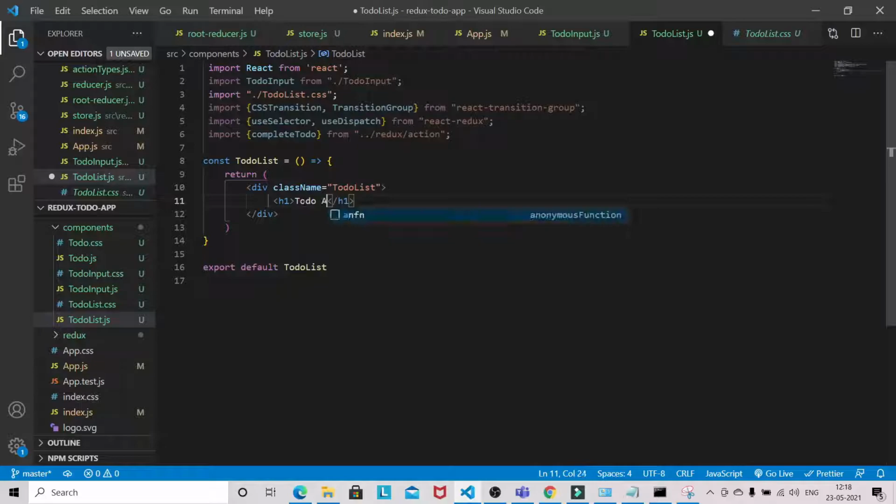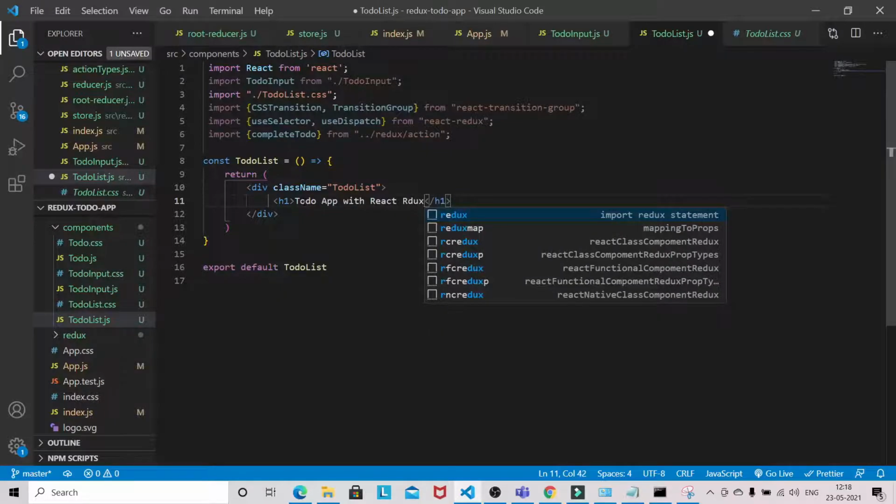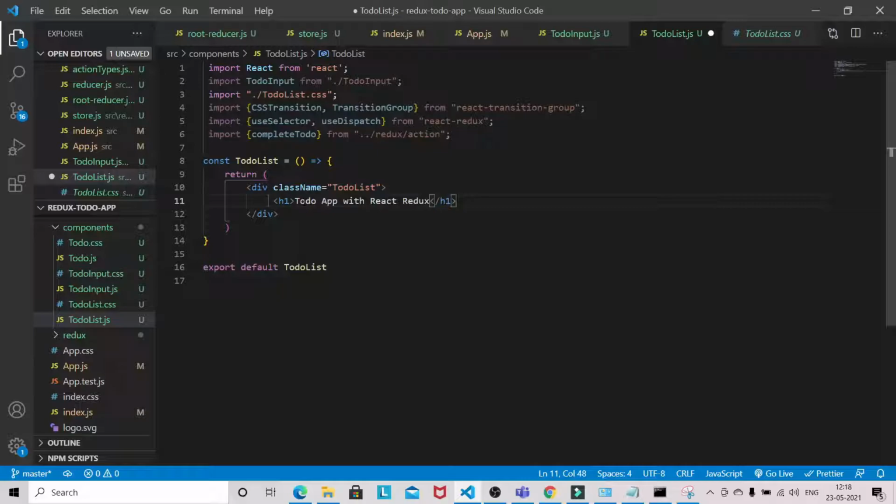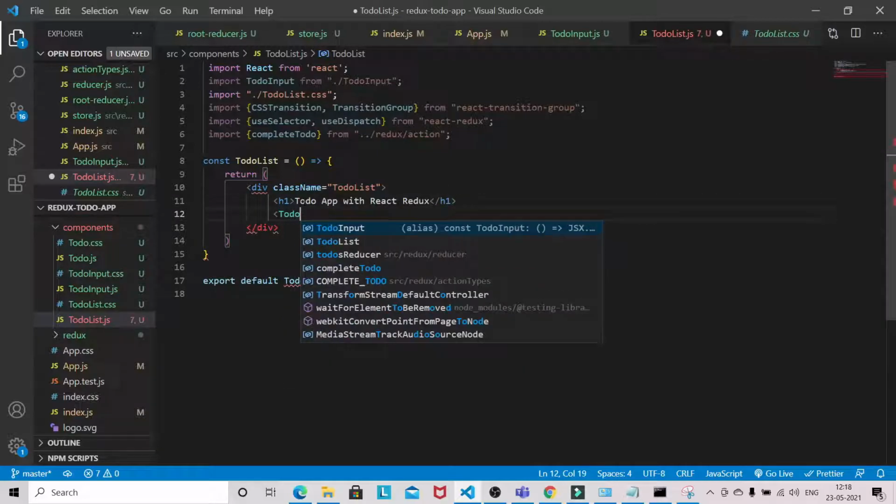To do add. So this is the heading. Okay. Now here we will be putting to do input.